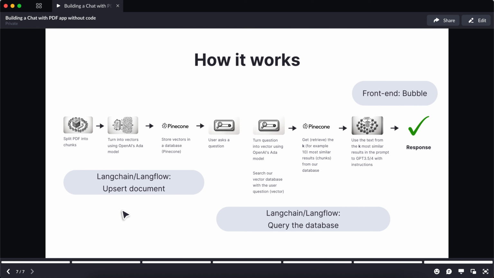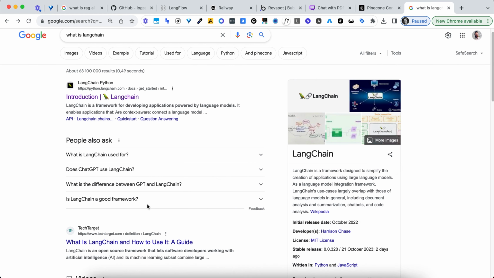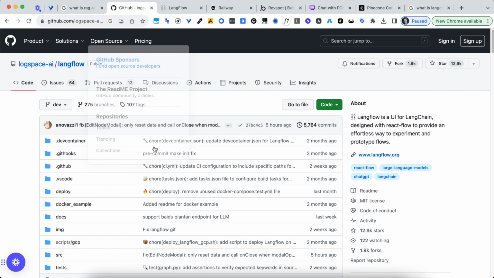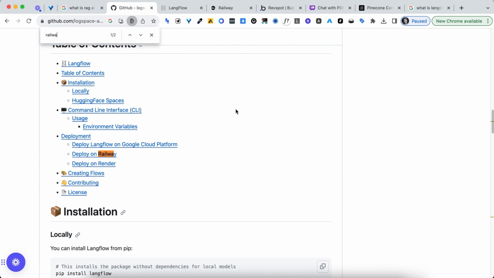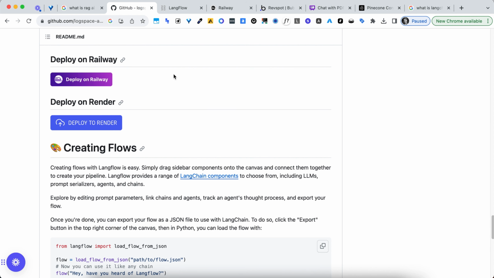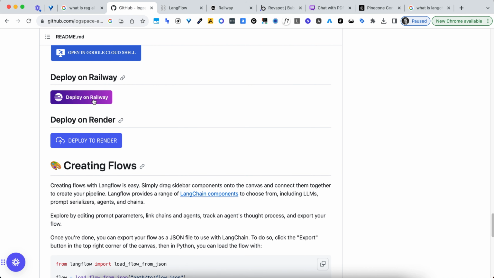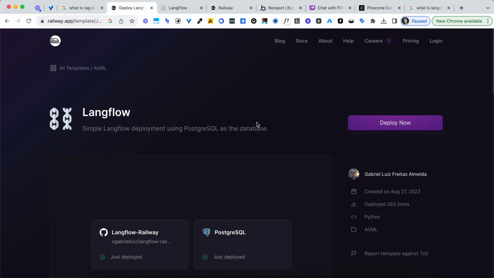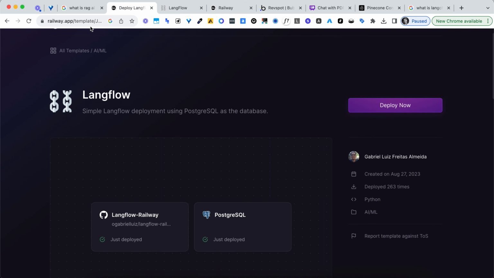And for that, we need LangFlow. So just search for LangFlow, and you'll pretty soon get to this GitHub page. Then you can deploy this on Railway or Render or some other deployment platform. I suggest you just get started right away, deploy on Render, make an account on Render, and you'll have this deployed, and you'll be able to go into LangFlow, which again is a visual